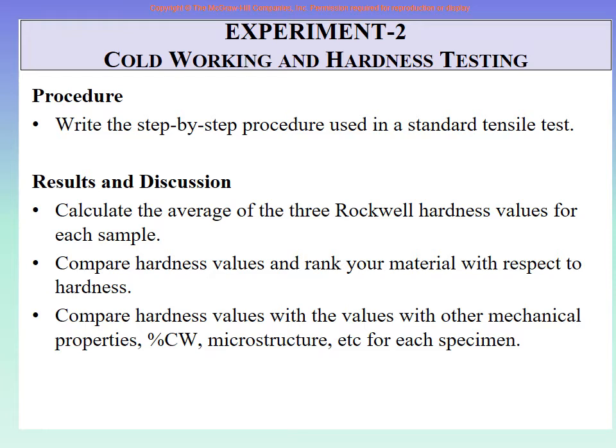So now in the end, make a table of percent cold work and average hardness. Write all the hardness values and the average hardness. Remember, because you are recording, you are making a table. Percent cold work is calculated from the initial thickness and the final thickness after cold work. Then in one column, write all the 3 or 4 hardness readings, and in another column write the average hardness reading. So now you have a table of percent cold work against average hardness.